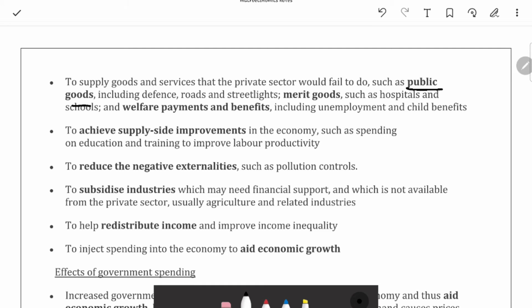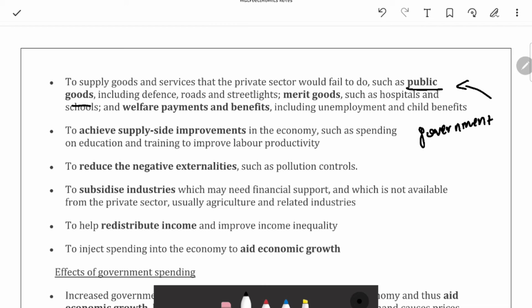Now, again, I told you previously that the producers do not produce everything. They only produce goods that are profitable, okay? So they would avoid those goods that don't give them a lot of profit. And that's where the government comes into it. The government intervenes, like making roads, street lights, and providing merit goods like hospitals and schools, and